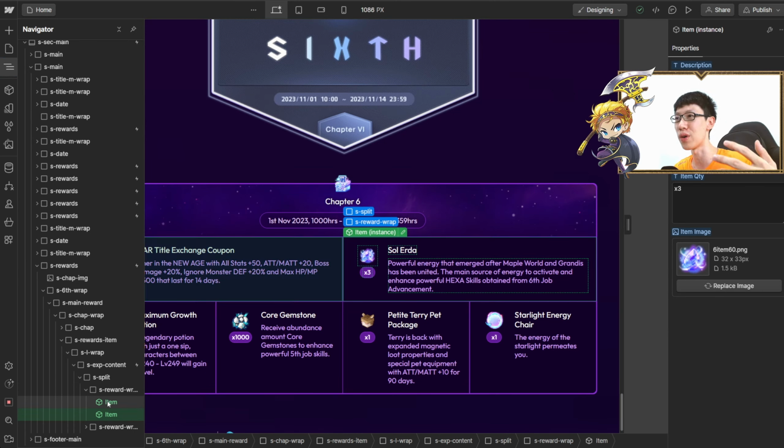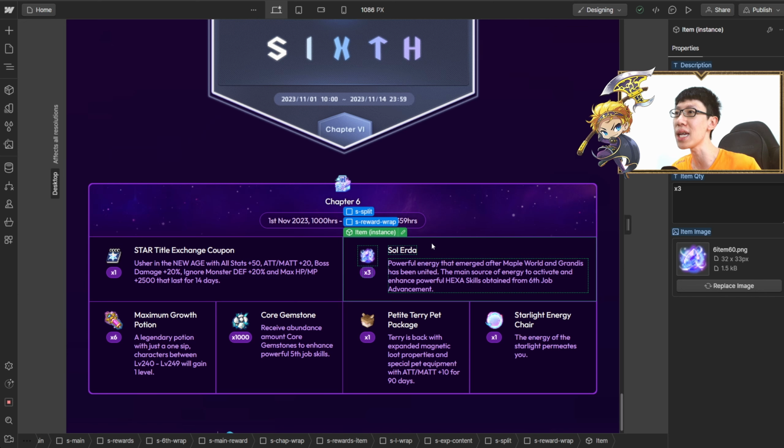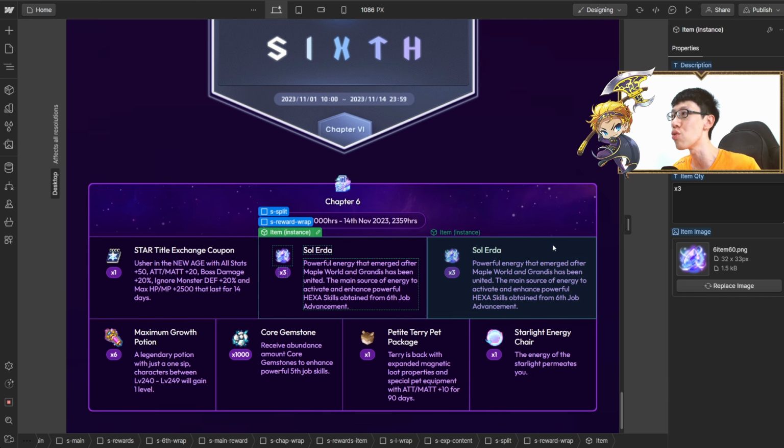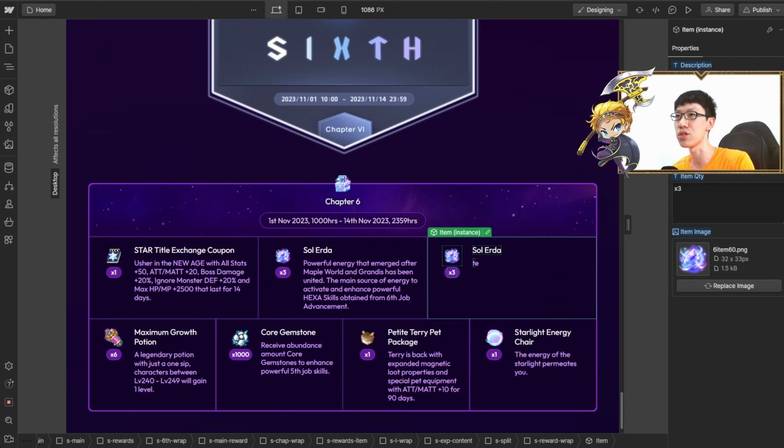This is like when you are in Figma or in Photoshop, you create a symbol for that specific component itself. So you basically can reuse this and type in anything over here, while remaining the same UI itself. Okay, as you can see, I can actually change up the text over here. I can change the Soul Order over here, and I can change it to 99 or 999, and it will adapt accordingly.